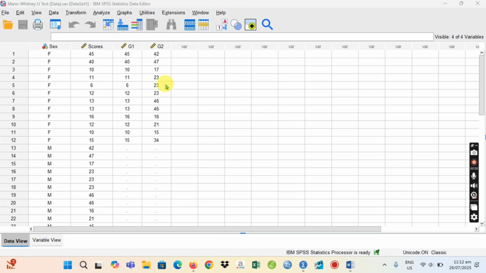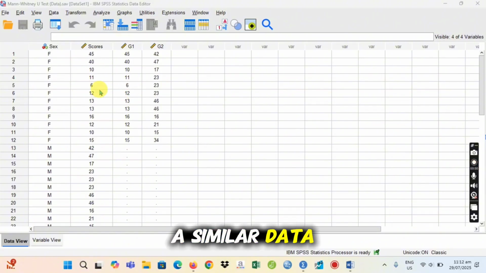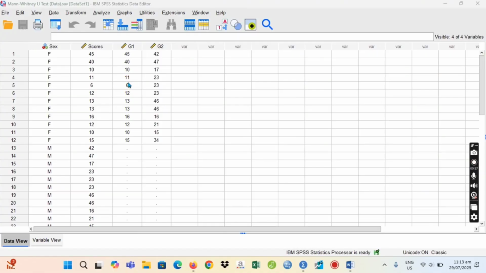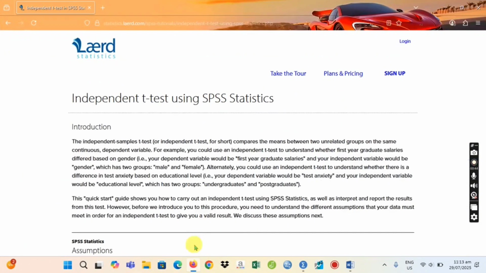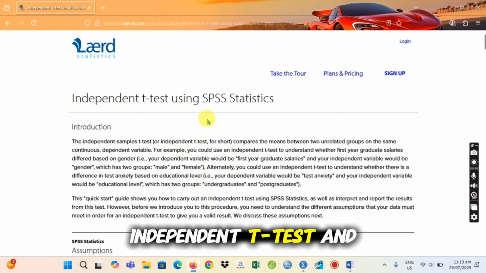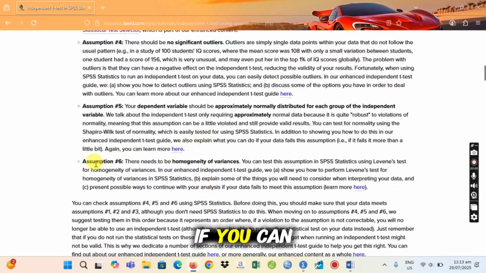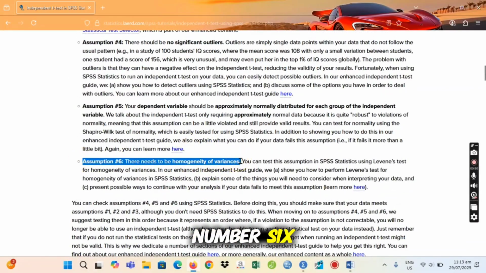So we have to consider similar data, but I made some adjustments in order for the assumptions of Mann-Whitney to be satisfied. Basically, going back to the independent t-test, if you still remember assumption number 6 on homogeneity of variances, if this is not met, you are going to use the Welch t-test.